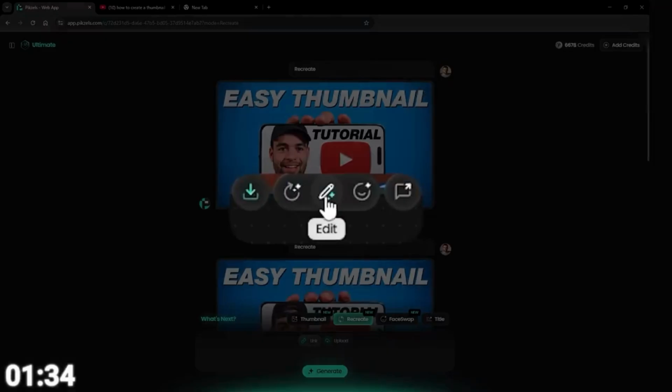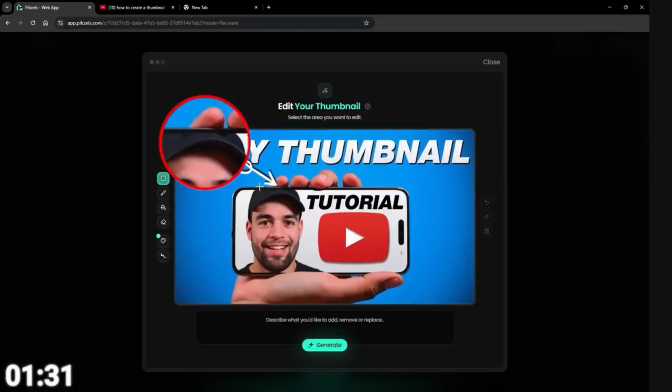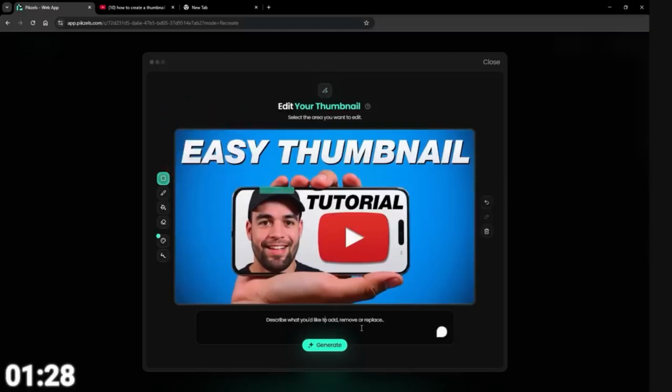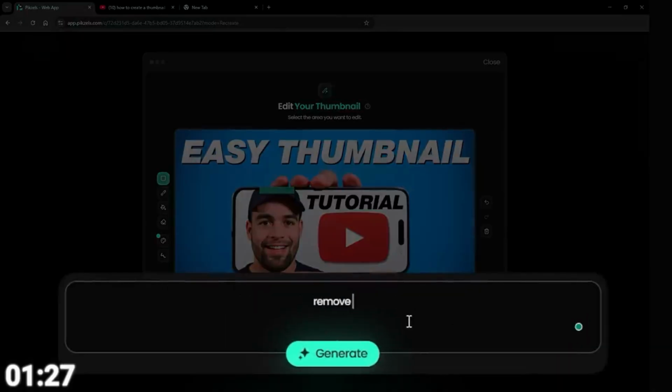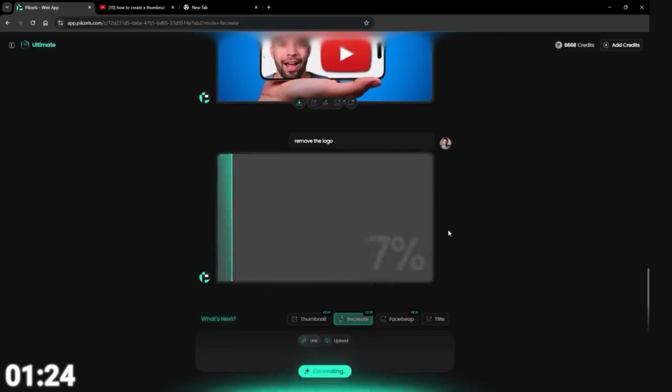What I'm going to do is come and click on edit here, and one thing I want to do is remove this weird logo that's going on the hat here. So I'm just going to drag to select that and then just say remove the logo. Now let's see if it's smart enough to know that I'm talking about the logo on the hat. I don't know if it will.